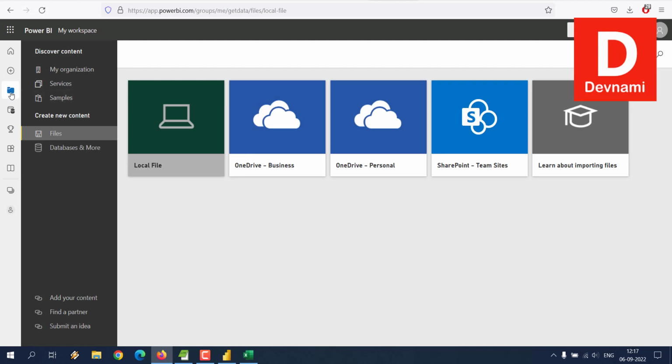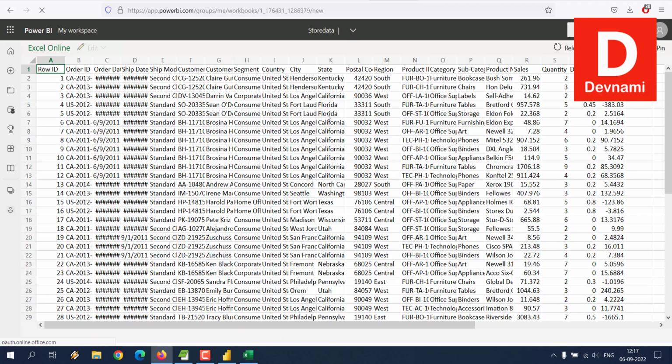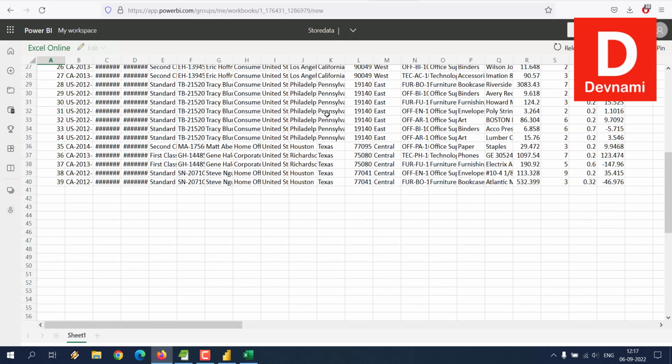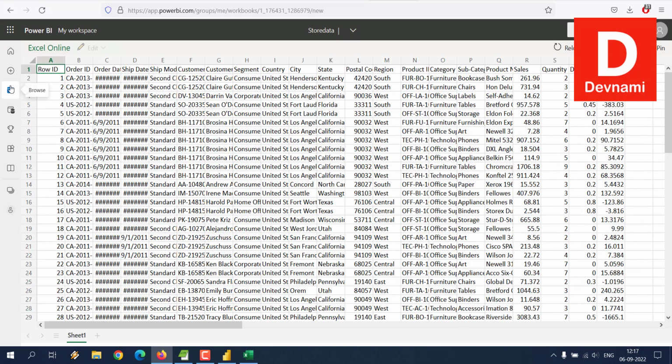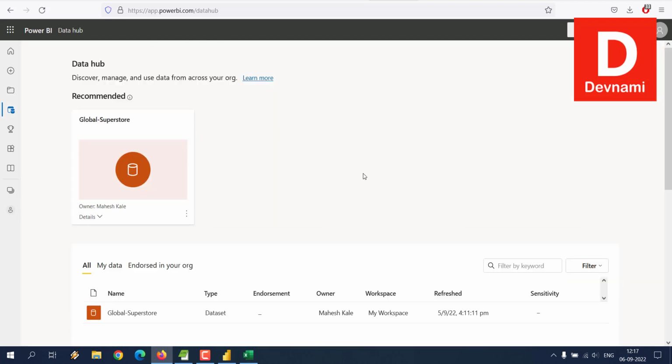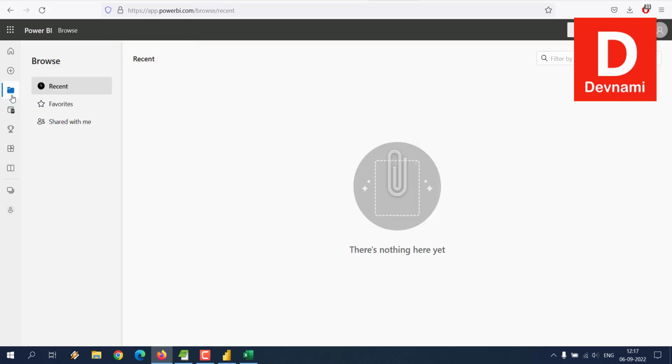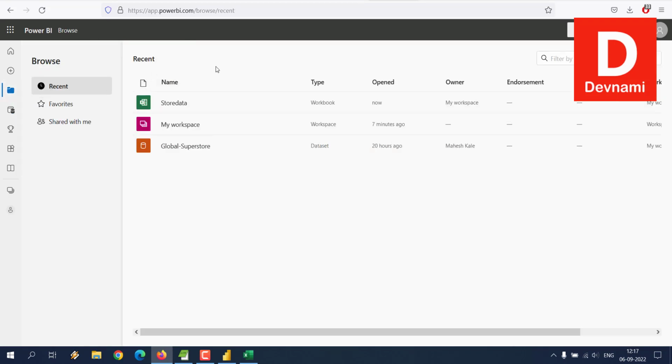That should take you to this particular file here. In my case, if you click on it, it should show you the spreadsheet view of data, and it will be accessible through browse. Typically data hub is listing all the data sets here, but your Excel file would be accessible only through browse,